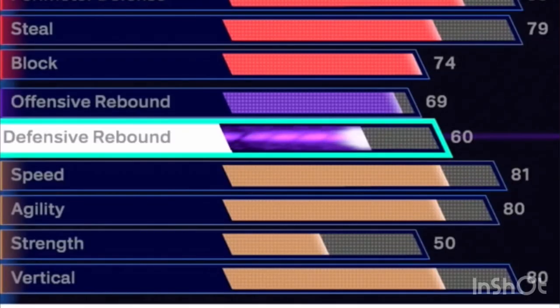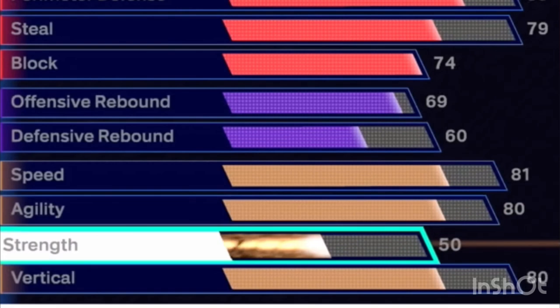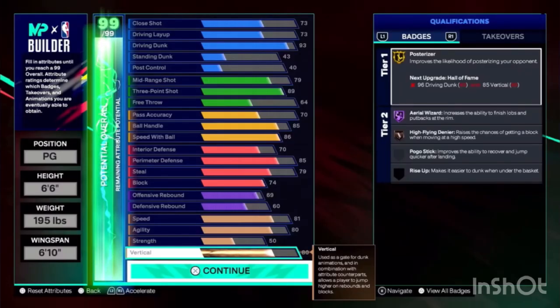And lastly, for the physicals, it is 81 speed, 80 agility, 50 strength, 80 vertical. I got two things for you, and they're both